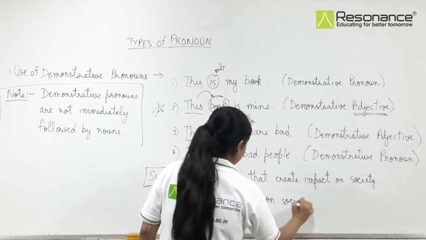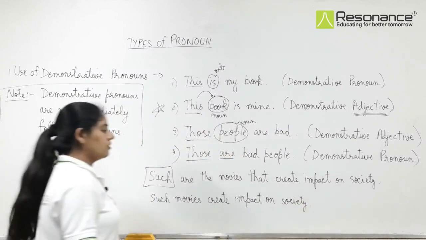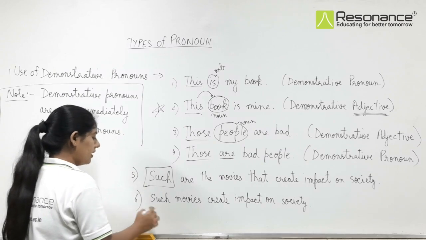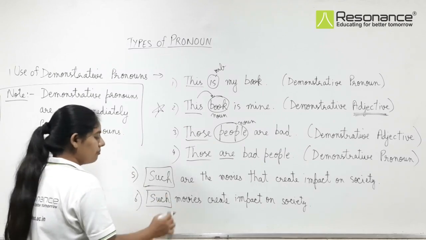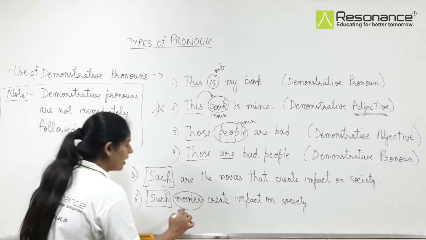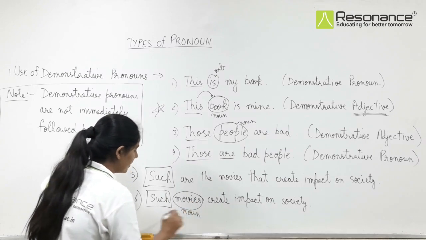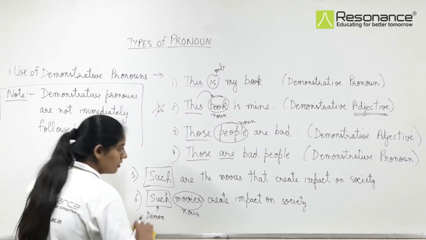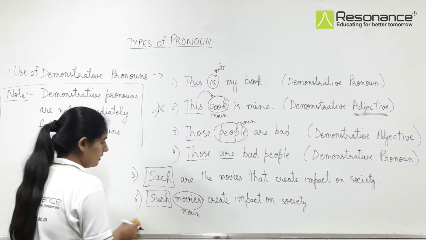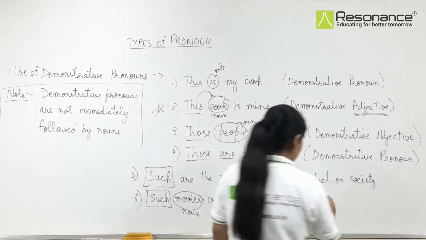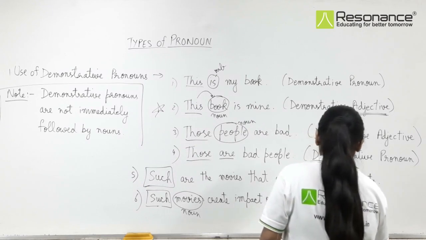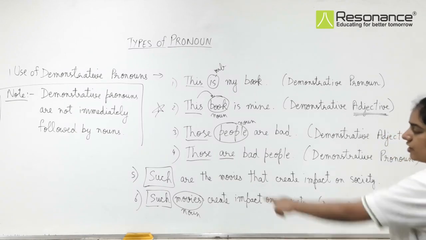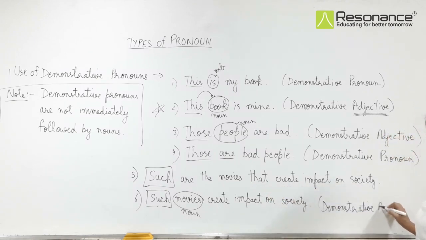if this is my sentence, I think you can easily identify. Here again I have used such, but such is immediately followed by a noun. So here such is what? Such is demonstrative. Here such is demonstrative. क्या होएगा यहाँ पर? It is immediately followed by a noun, so it is a demonstrative adjective,